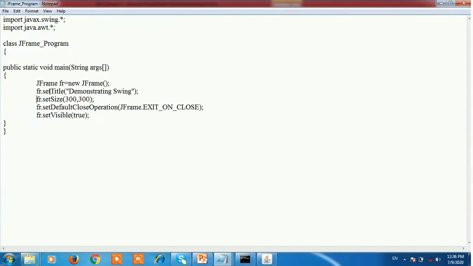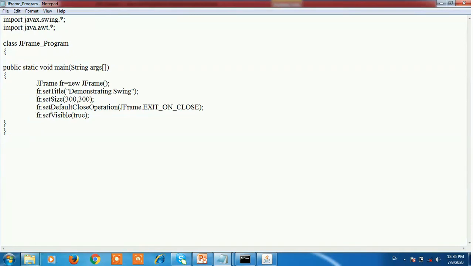Then fr.setTitle, demonstrating swing. The setTitle method is used to set the title of the frame. Next, fr.setSize(300, 300). The setSize method is used to set the size of the frame window, 300 is the height and 300 is the width.